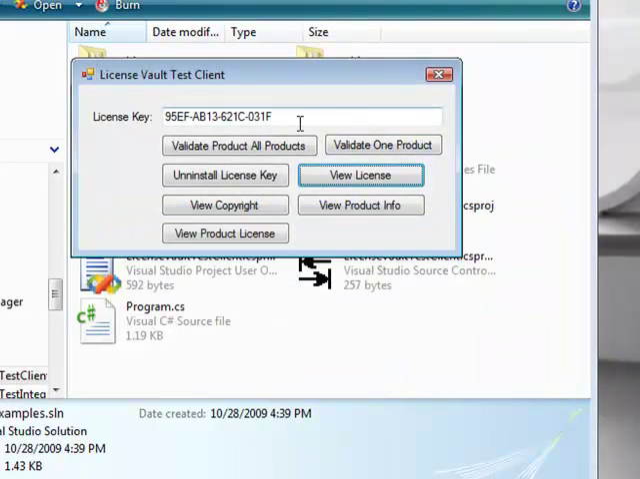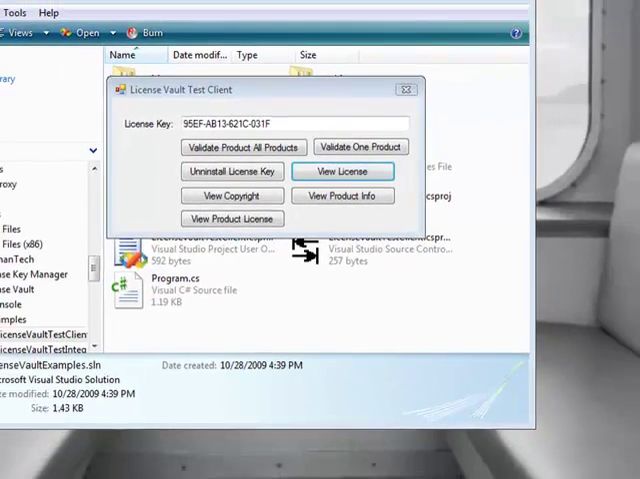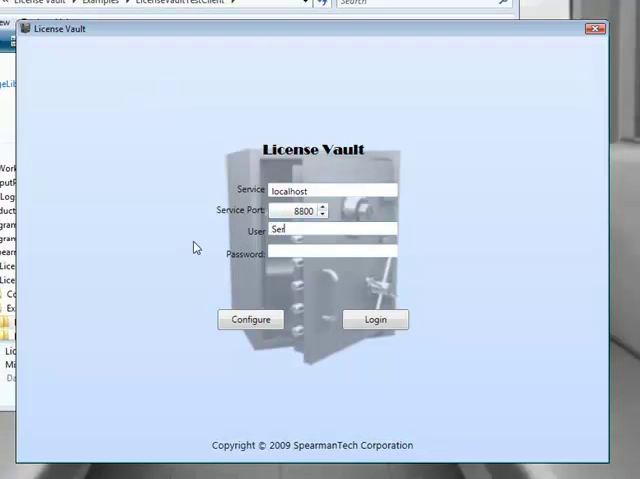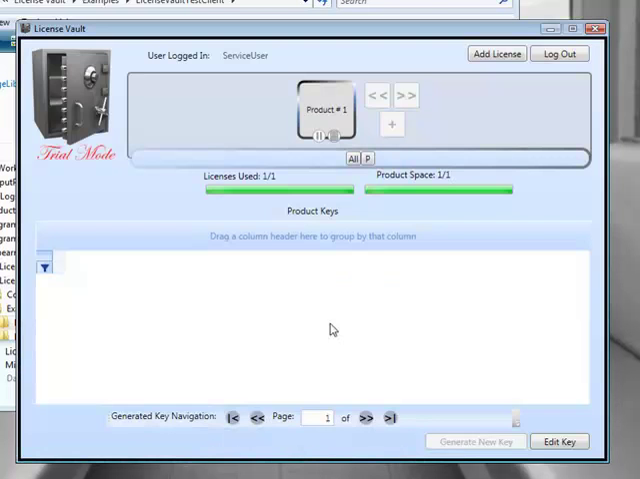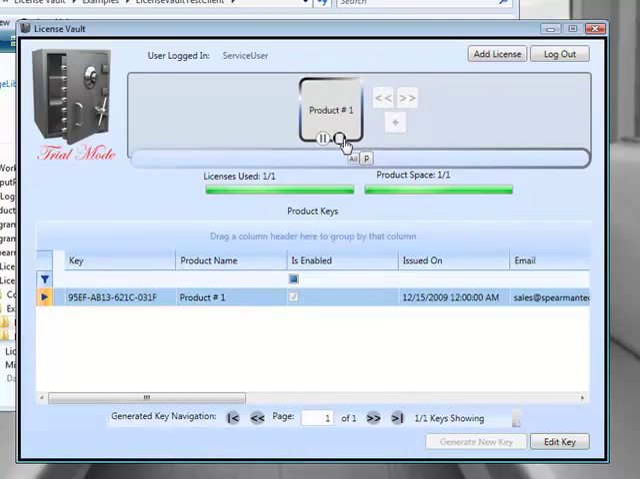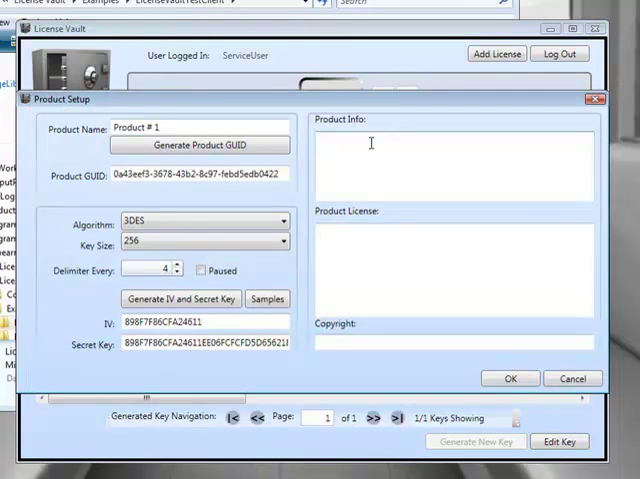So the next one we're going to look at is the copyright product info option. So let's take a look at that. We haven't entered anything in License Vault, so let's switch to License Vault. I'm going to go into the product info. Let's type something in here like a product for testing License Vault, a product, and then product license we'd probably put in this is a copyrighted